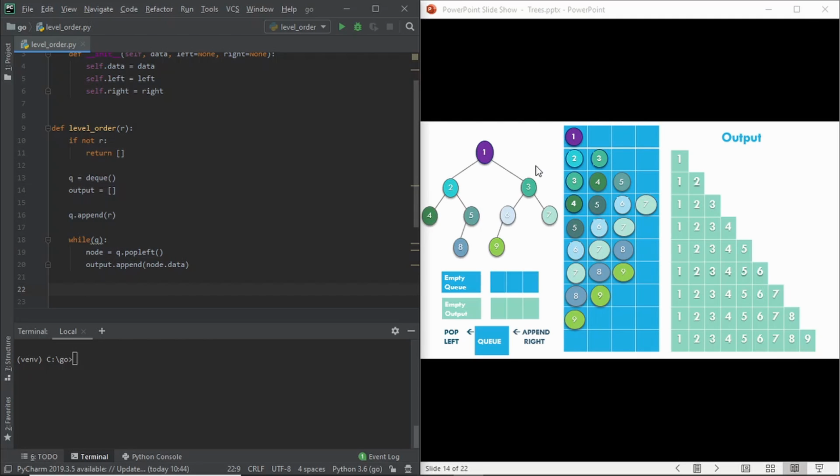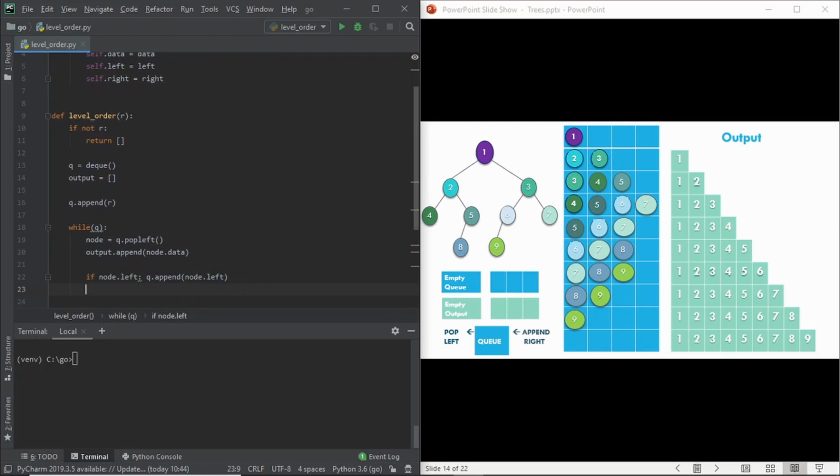Then what were we doing? If it has any children, we were adding the children to the queue again. So if node has a left child, we add the node's left child to the queue.